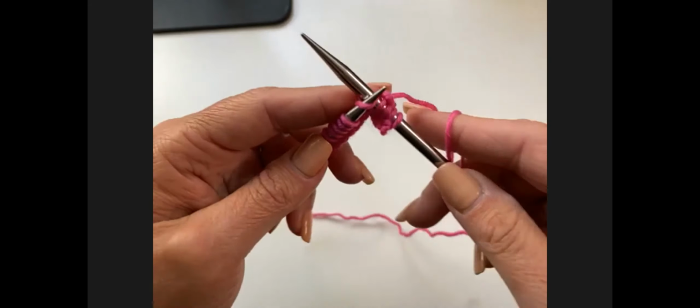Again, be very cognizant to not accidentally go into your purl bump. You want to go into the actual stitch. And then we're going to keep knitting. Now I want to get at least 2 more rows here, so that way I can talk about the stitch